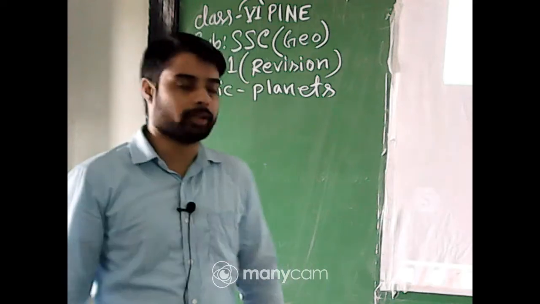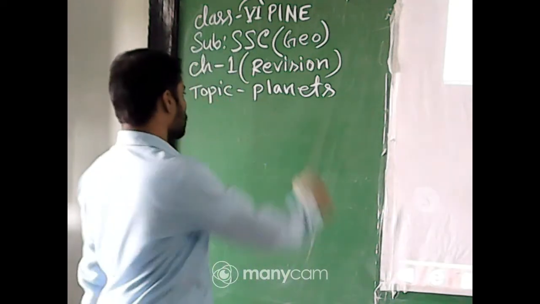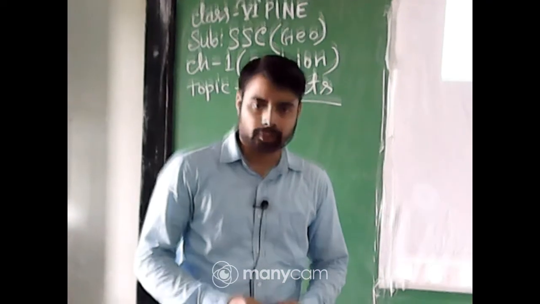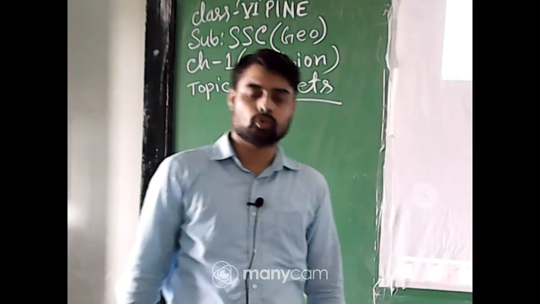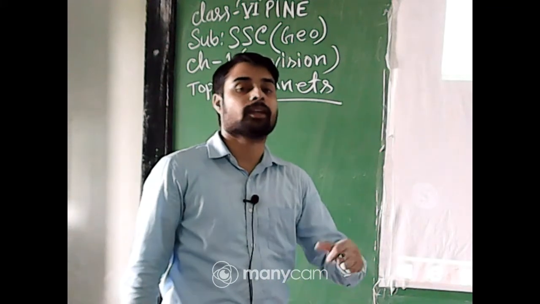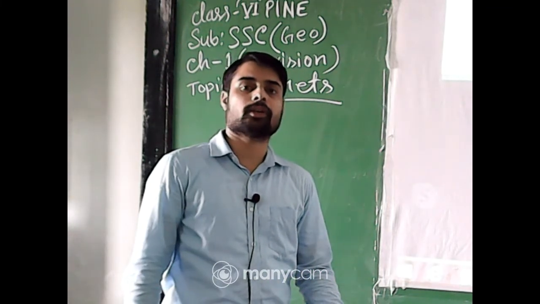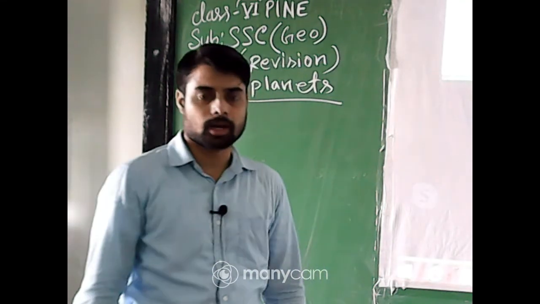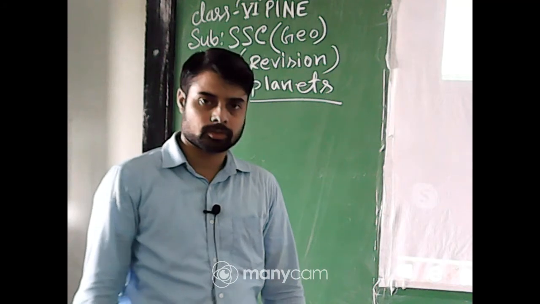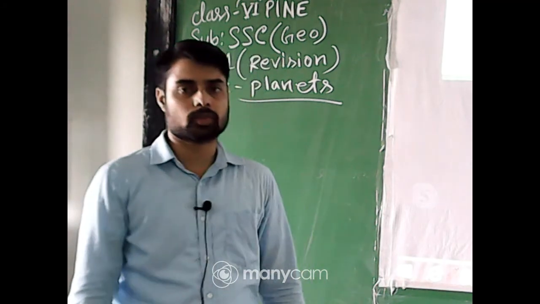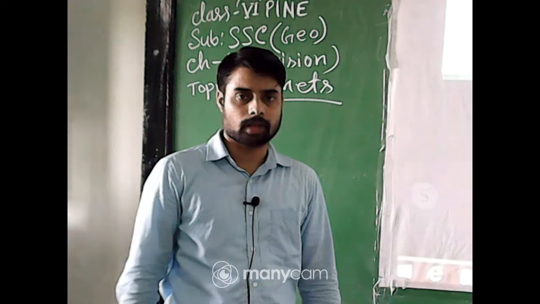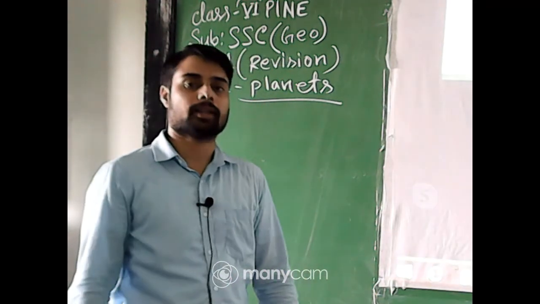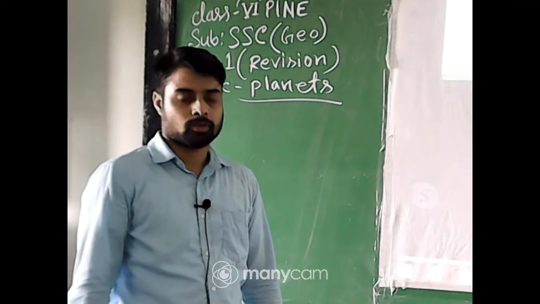So, today's subunit I am going to discuss is planets. So, what is the meaning of planet? In the night sky, some celestial bodies do not have any light and heat, and these celestial bodies do not twinkle in the night sky. Those celestial bodies are called planets, and they do not have any heat or light. So, in our solar system also there are 8 planets, and those planets